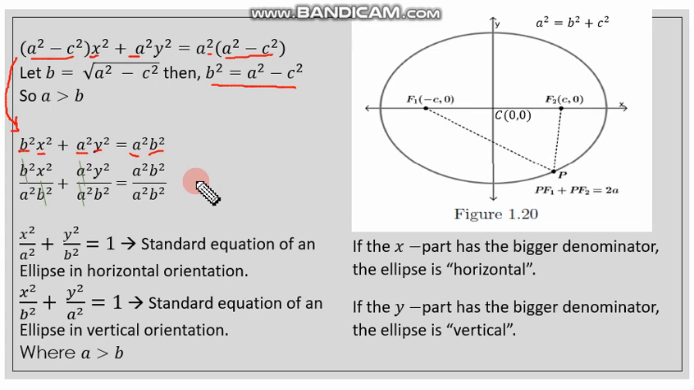After that, we will divide both sides by a squared b squared. So divide both sides by a squared b squared. Here on the left, the b squared cancels, so x squared over a squared, and here plus, the a squared cancels, leaving y squared over b squared, and on the right side is leaving 1. So the standard equation